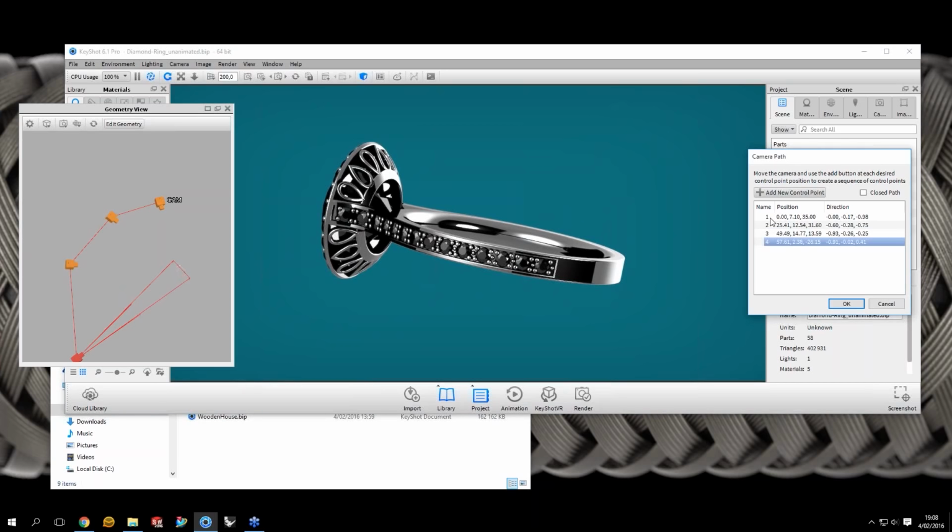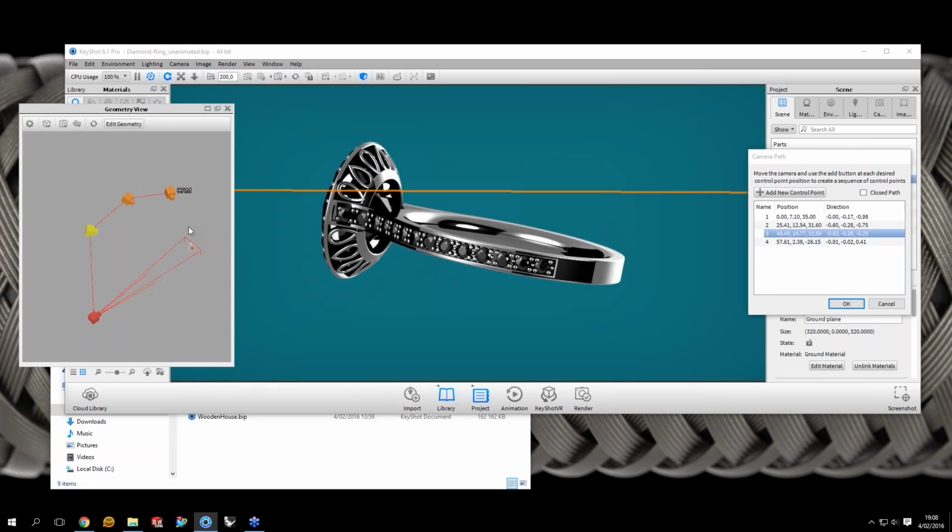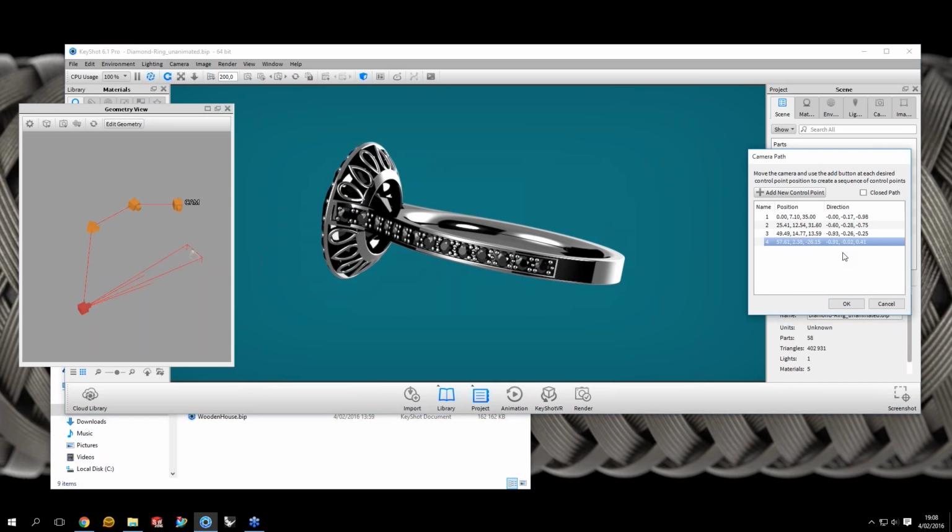So I now have 4 control points, which are highlighted here in the geometry view. If I'm happy with my control points, I can hit OK,